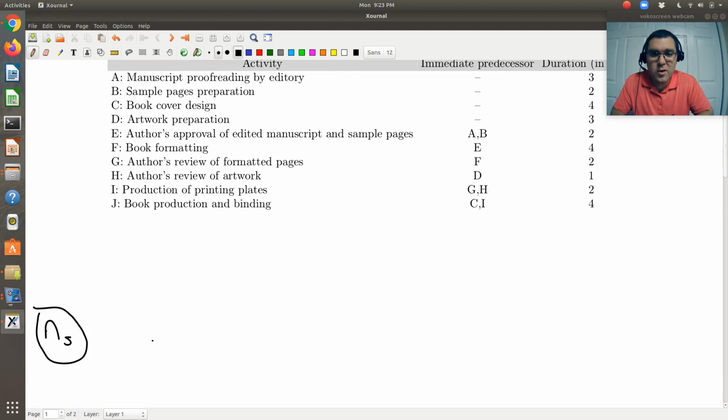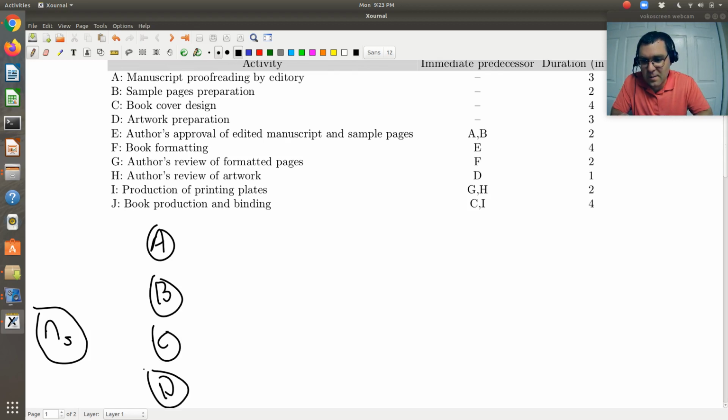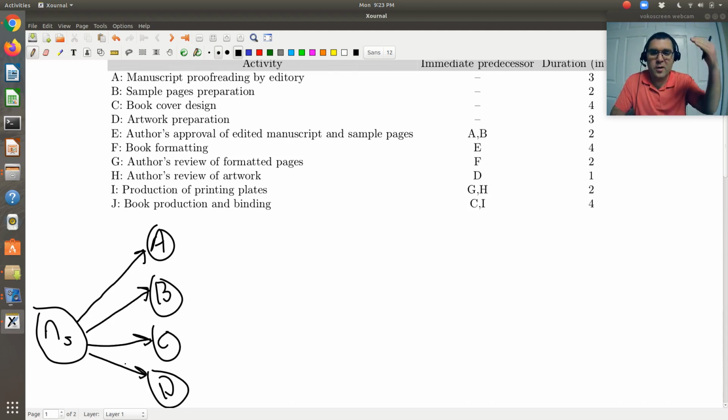So I'm going to have a starting node. Then I see A, B, C, and D have no precedence. So I'm going to draw nodes A, B, C, and D, and connect all of them to this initial starting node. Basically this tells me that I can start with tasks A, B, C, and D. Right off the bat, I can start with any one of those tasks. Then when I look at E,